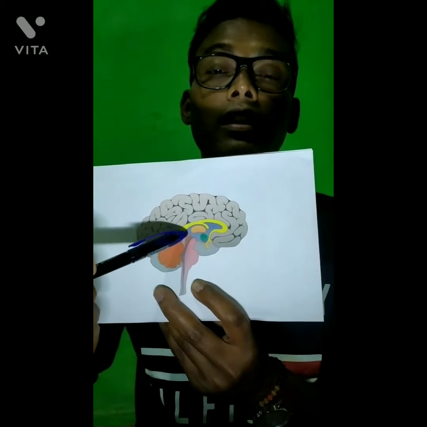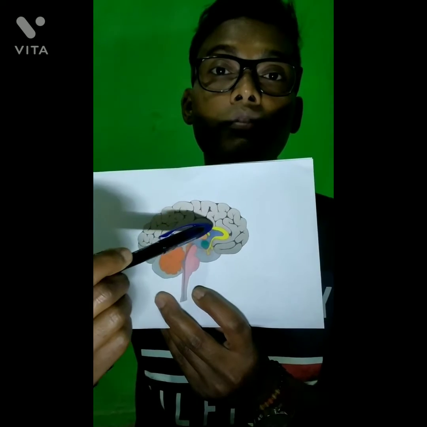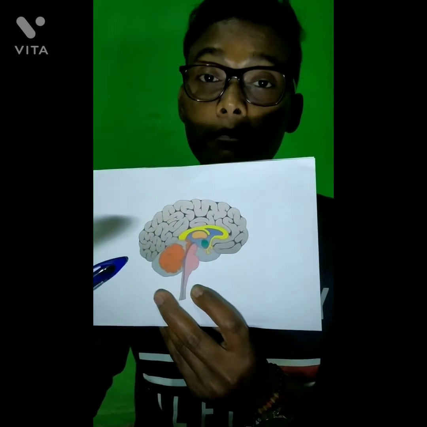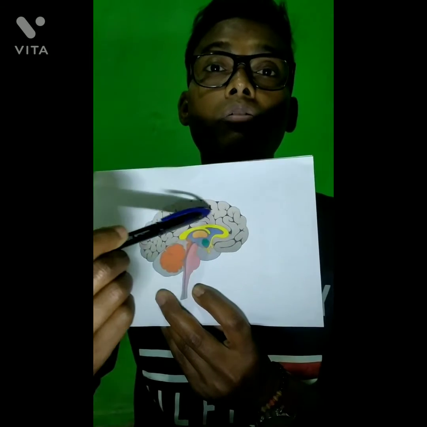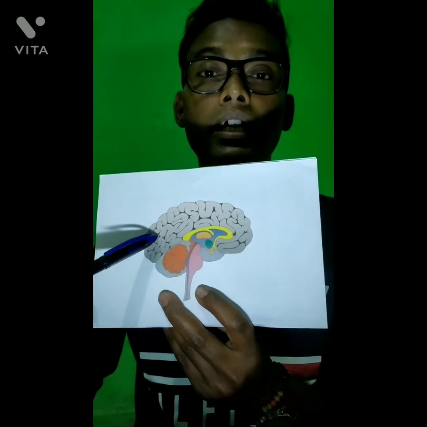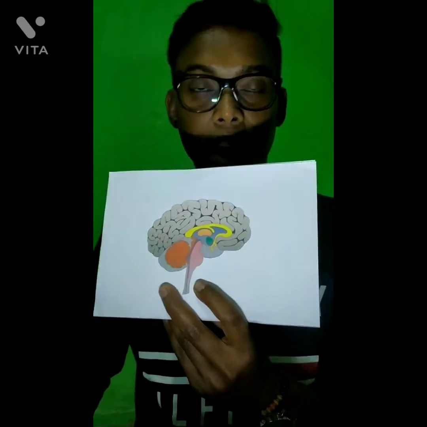This is our mammalian brain, which is known as our limbic brain, and this outer surface is known as the neocortex brain. So, the reptilian brain functions on our heartbeat, our breathing, digestion system, and blood